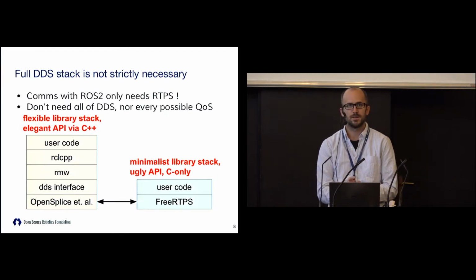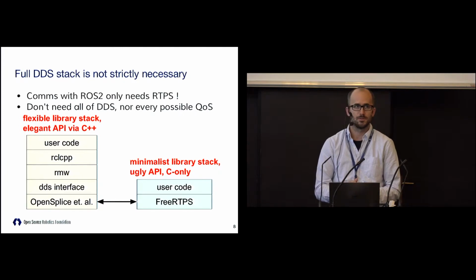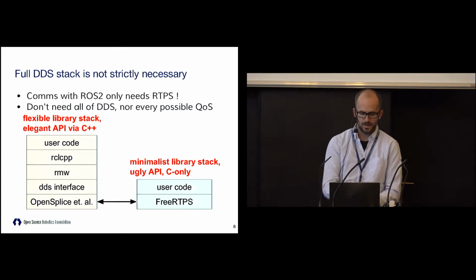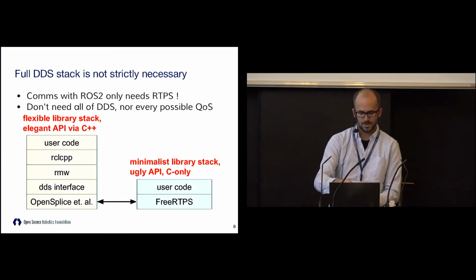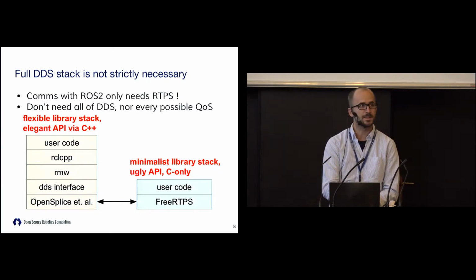There's all sorts of template awesomeness so that the code looks very cool and it's all very sophisticated. And you can swap DDS vendors without having to change your source code. There are all these nice layers of abstraction that really help the code look nice. Unfortunately, there's a cost, of course, in memory consumption with stacking those things up. So we're working on targeting that. Instead of having OpenSplice at the bottom, you can have this FreeRTPS implementation.